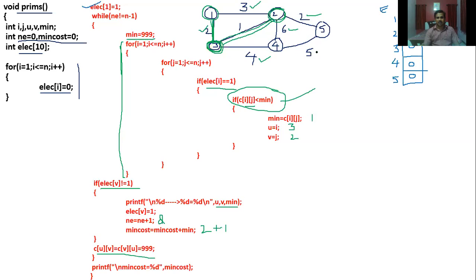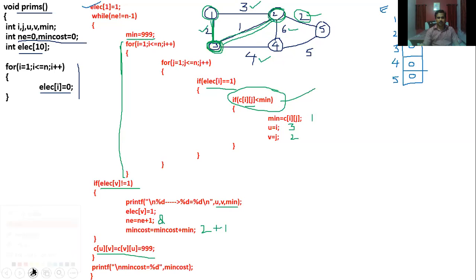Okay. All these won't be eligible, right? Because 4 and 5, among this, none of them is elected. Okay. So at least one should be elected when you want to consider that particular edge. So 2, 6, and 4 as well as 3 are going to be considered here. Among this, the minimum is this one. Okay, that is from the vertex 2 to 5. That is edge 2 to 5.